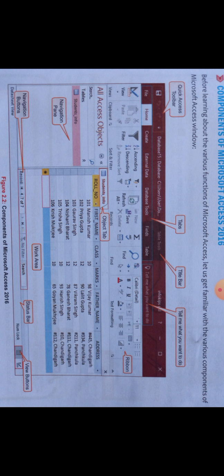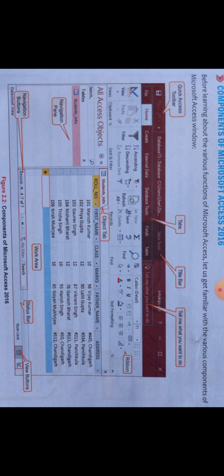The next is Tell Me What You Want To Do. It is a new feature. Actually, it is the alternate to the Help tab that we had in the previous window. It can be used to get quick help on topics that we are looking for or the commands that we want to use in our document. It is an alternate to help, as we get help from the Help tab. The Tell Me What You Want To Do works in a similar manner.